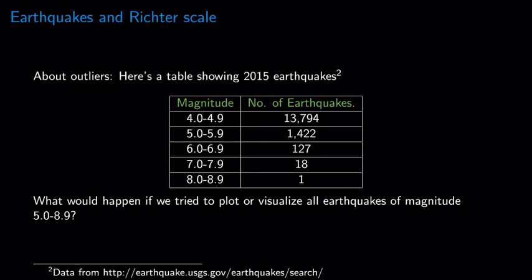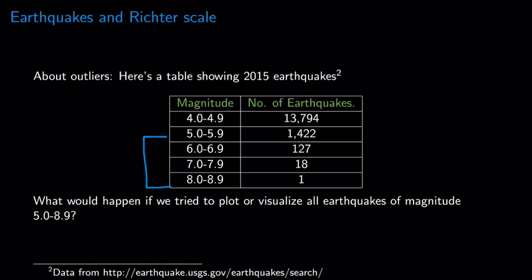So I said that with some data sets that had extreme outliers, there could be problems with data visualization. Here is a table showing all 2015 earthquakes that were 4.0 and above. You can see that there are lots and lots of 4.0 earthquakes, and there are even more of lower magnitudes. But what I want to do is show you what would happen if I decided to plot the earthquakes from